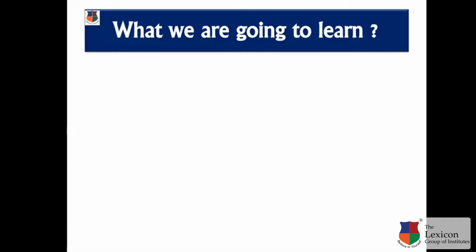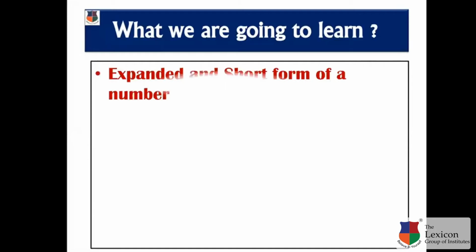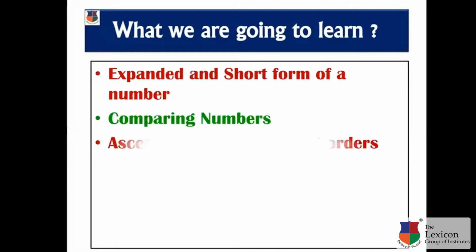Then we have also studied how to arrange the number in a place value chart. Then we also studied how to find the place value and face value of the given digits in the number. So we will continue with the lesson, but today's topics are: first, how to write the expanded and short form of the numbers; comparing numbers, how to arrange the numbers in ascending and descending order;